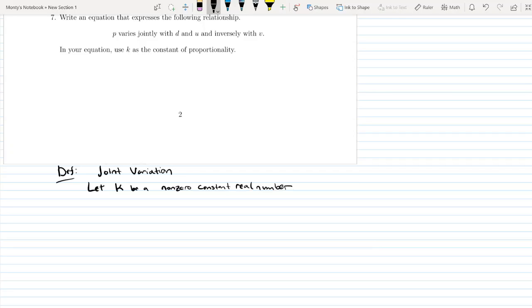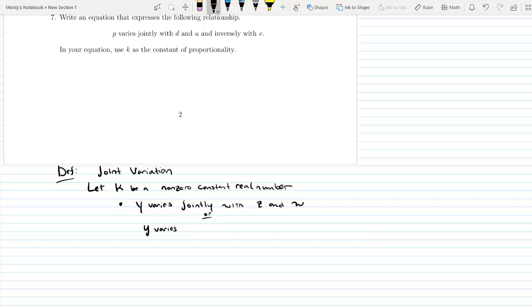And if we were going to write it out grammatically, with words, we would have that y varies jointly. Now this time, let's use variables z and w, right? So we're saying y varies jointly with z and w, or it can also be written as y